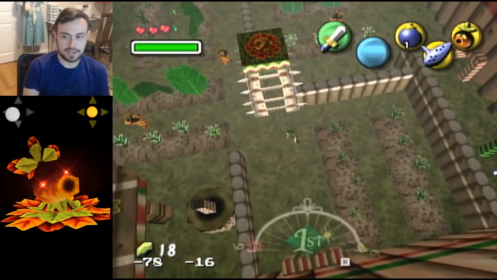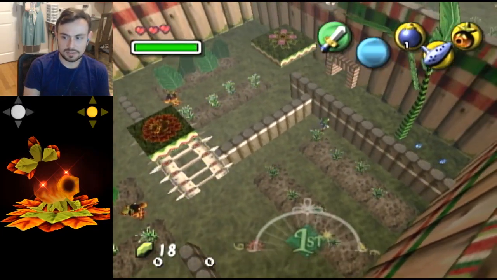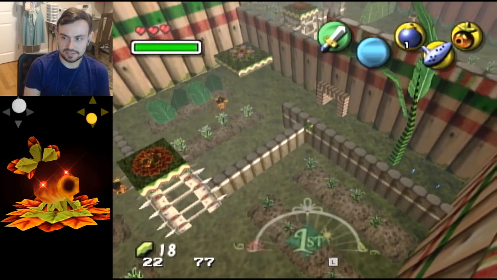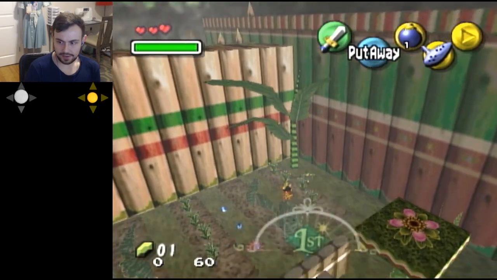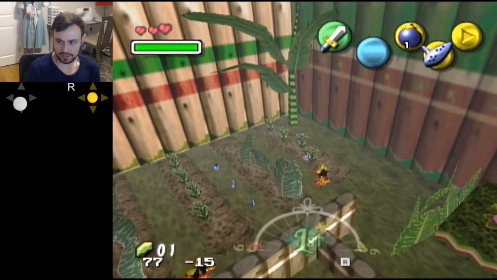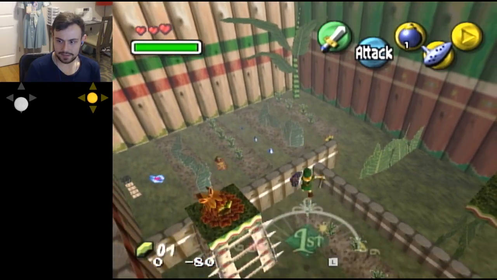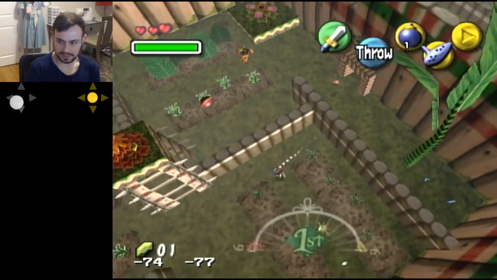What I want to talk about right here is getting past these guys, right? There's a bunch of guards that want to catch you, but the guard that we want to catch us is all the way in the back over there. So it's this Deku guard right here, this fellow all the way in the back. And so the easiest way for us to get there, and the way you want to do it as long as you have the explosives necessary,